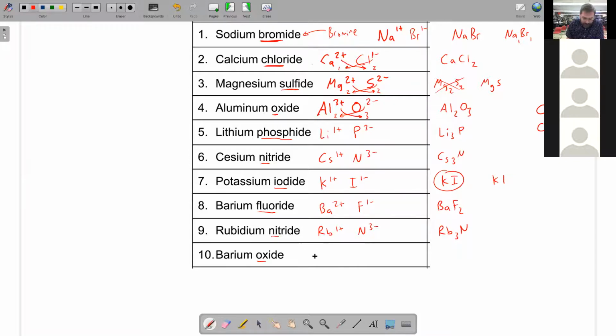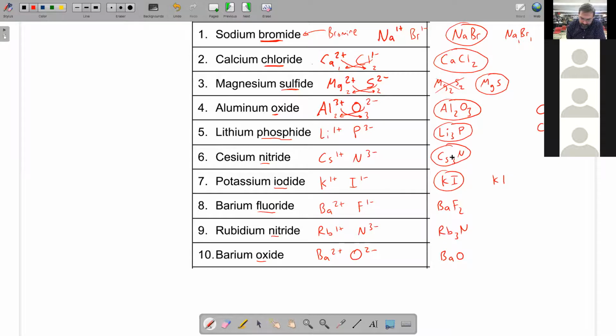And barium oxide. We had barium just again a little bit before. Barium is 2+, and oxygen is O2 minus. So because the charges are the same, you only need 1 of each. It's just BaO. So all of the correct answers here, that's sodium bromide, calcium chloride, magnesium sulfide, aluminum oxide, lithium